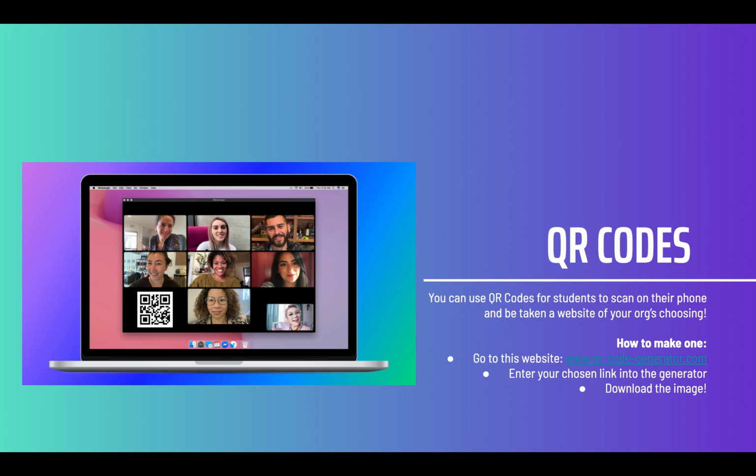Our final strategy is to create a QR code for your org. Having a QR code on the screen allows students to scan the code easily with the camera on their phone and automatically be taken to the website of your choosing. During the Alcalá Bazaar, you can be creative on how you present your QR code. You can choose to include it on your page where you have all of your org's basic and contact information,